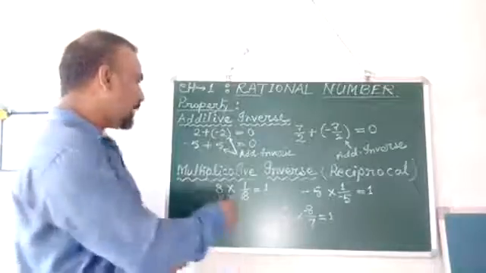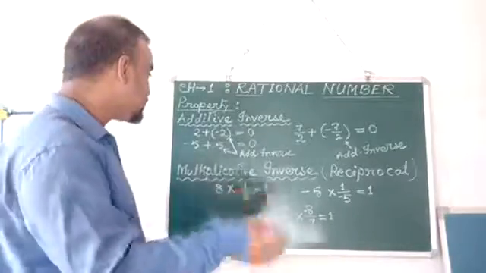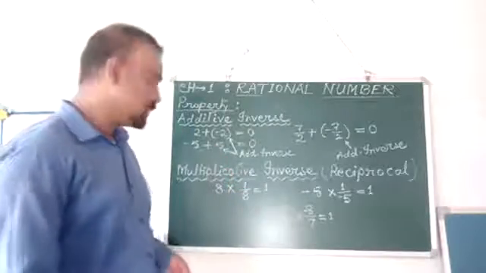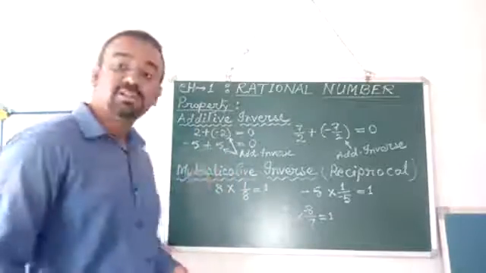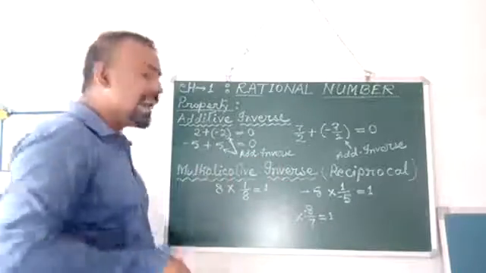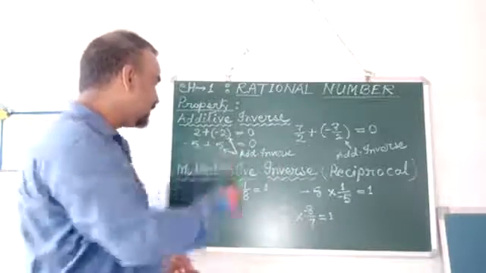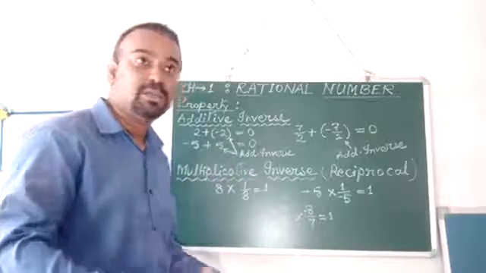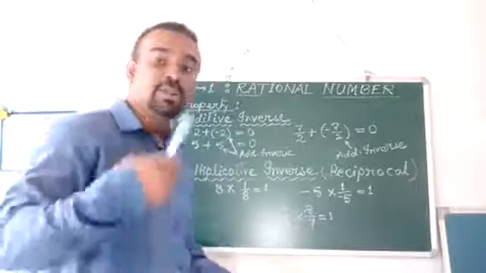Here you can see the additive inverse in these two cases. For the first case, the additive inverse is -2. In the second case, the additive inverse is +5. These were the additive inverses, just opposite. If you have a plus number, you will add a minus number. If you have a minus number, you will add a plus number.